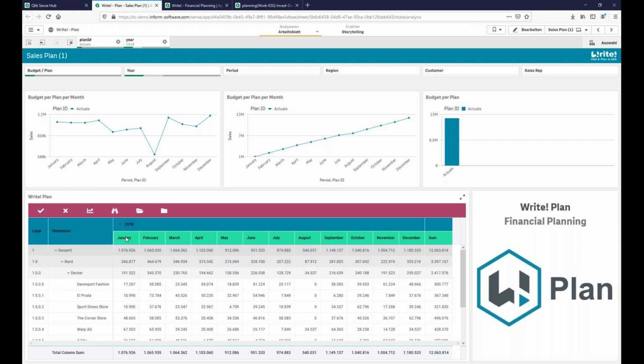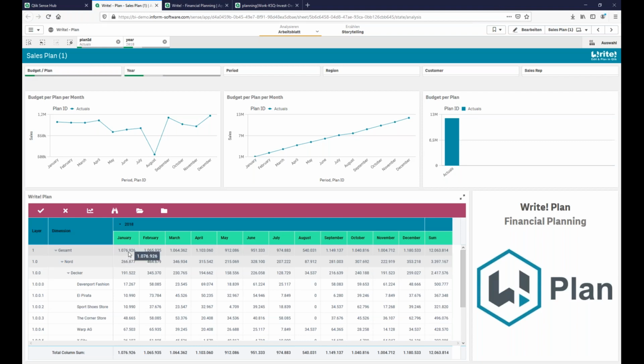fiscal month, or fiscal period, you can decide whether you have January to December, or if your fiscal year starts on the 1st of October, then this is something you can configure in the back end, and you're totally dynamic by applying your fiscal setups here. So in this case, we have January 2018, and what I can do now, and what is supported in the common extension, is the